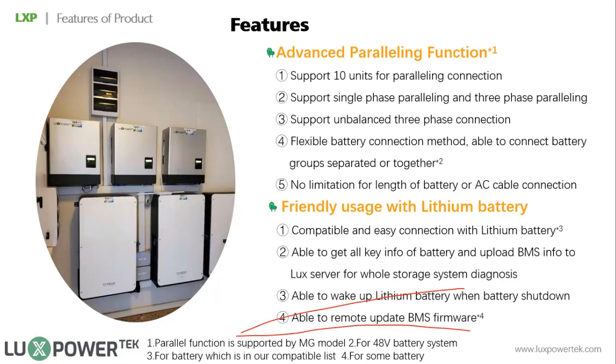So also, the cable should be very strong. Then in this situation, a separate battery group is better. But please be careful when you are using different battery groups for different units. Make sure the solar is almost the same, because, for example, if one unit has 5 kilowatts from the solar and another unit does not have solar power,